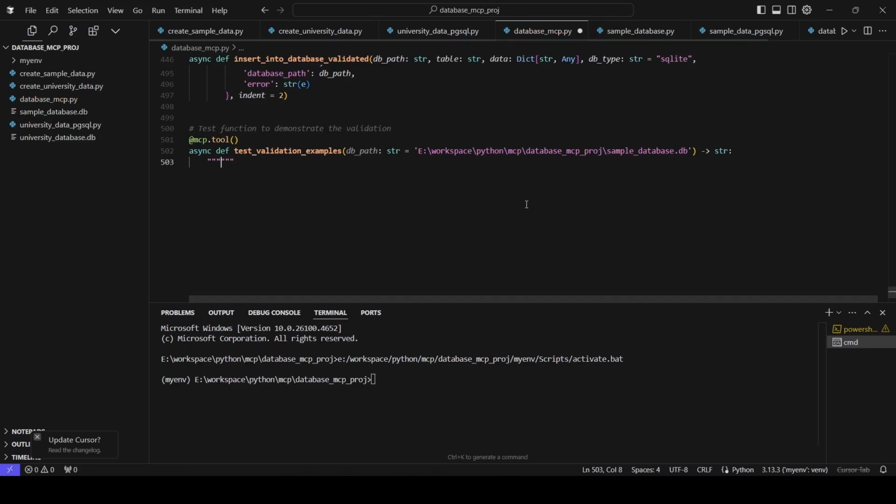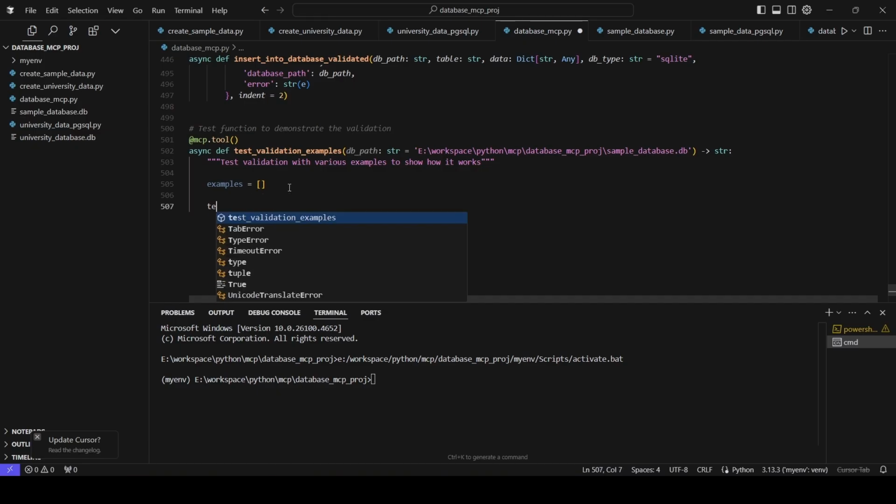Now we will write the doc string saying test validation with various examples to show how it works, and then we will write examples, and this creates an empty list called examples that will store the test results,